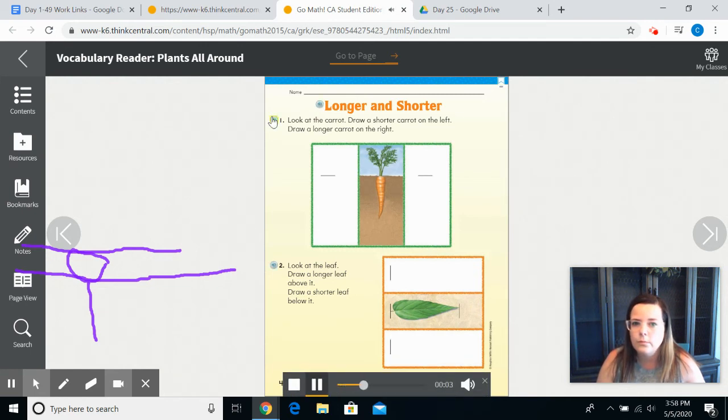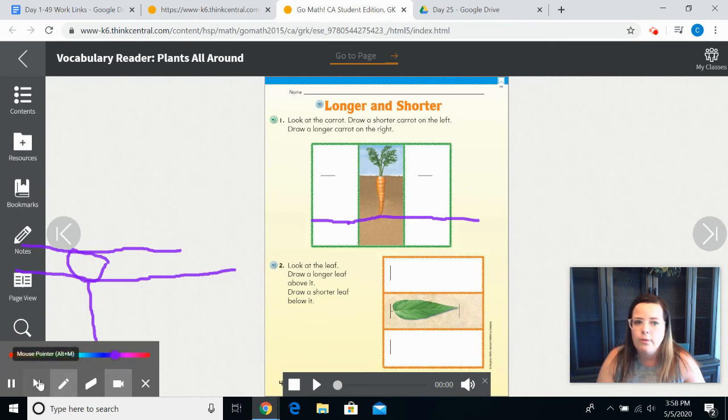Look at the carrot. Draw a shorter carrot. So the same thing if we were in class, I would have you draw a line across the bottom right here. They already gave us a top line, which was nice, so that we can tell the top. But if it's going to be longer, that means it has to go past this. If it's going to be shorter, it should be not touching here. You're going to start your carrot at the top line, and then if you're doing the shorter one, that's the left right here, it shouldn't come past this line. It should be above it. And if you're drawing a longer one, it should come underneath this line.